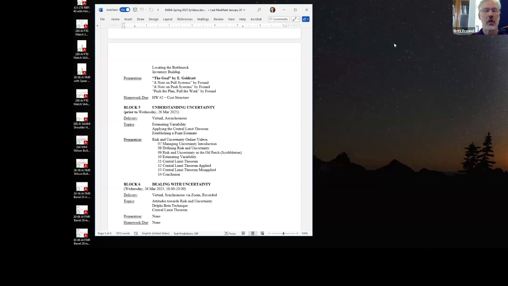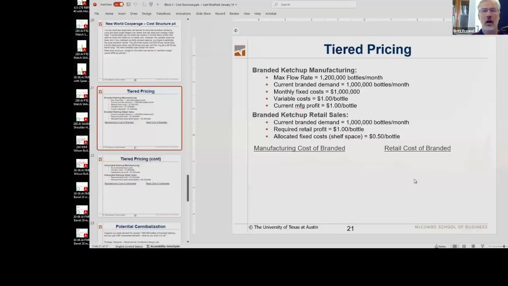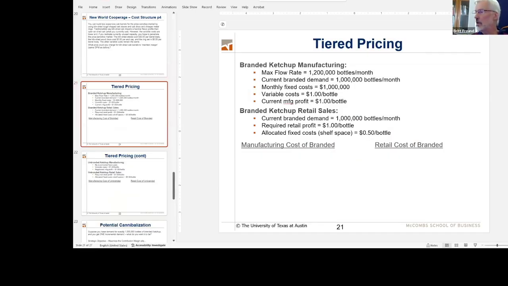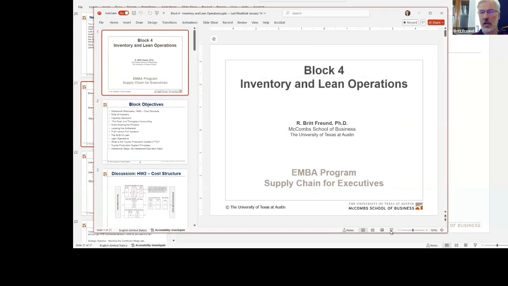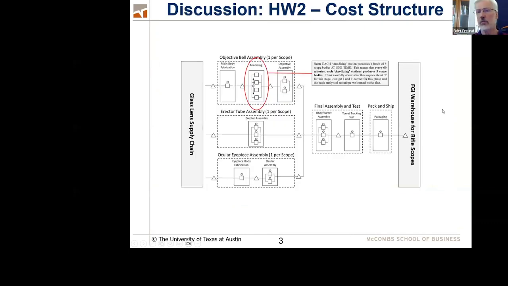All right. So let's start by talking about the homework. So I'm going to pull it up. That's not it. I'm going to pull it up. And we'll talk about this homework and we'll kind of work our way through it. Because remember, the first thing we always do is go over the homework that I asked you to.